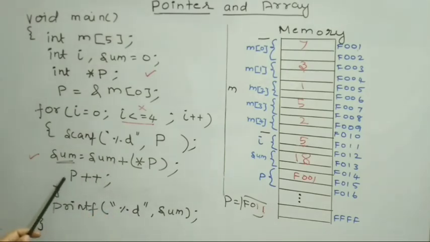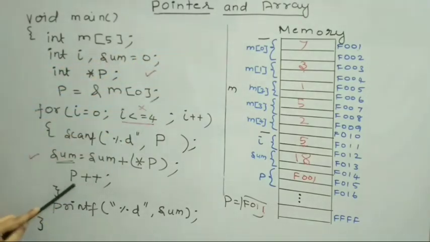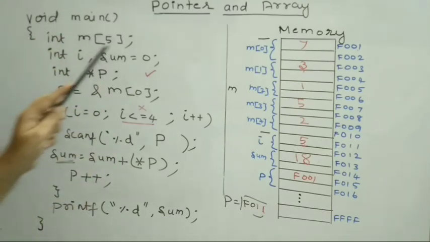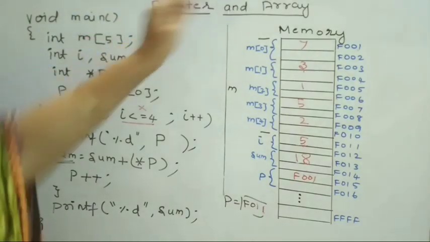Okay. When I increment P, which is basically a pointer variable here: normally, if I increment an integer value using this operator, it will be incremented by 1. Since ours is a pointer variable that holds a memory address which is going to hold an integer value, for an integer value we are going to assign 2 locations. So when I increment this pointer variable, it will be incremented by 1. Once incremented, a pointer variable cannot be decremented. Okay, so these were all the points which I have discussed while discussing how to use pointer to access and get individual elements of an array.